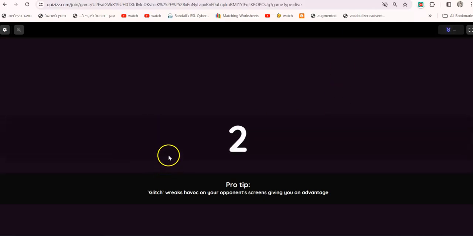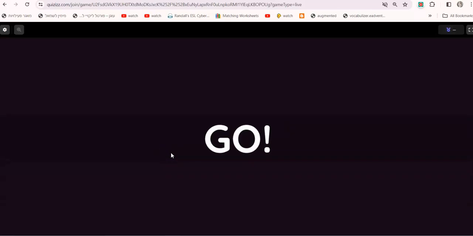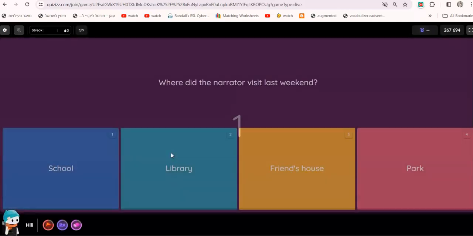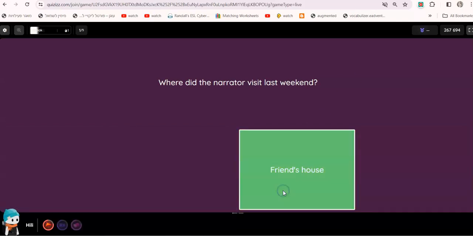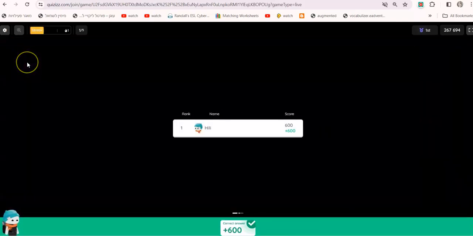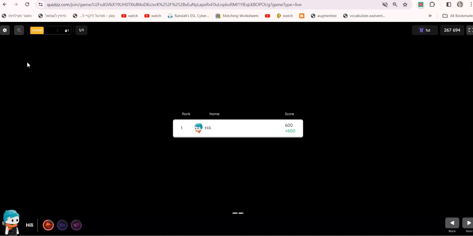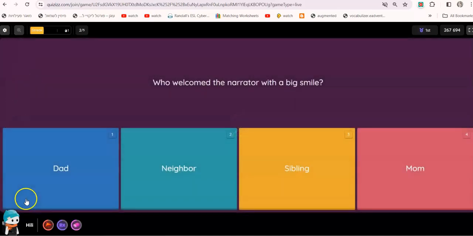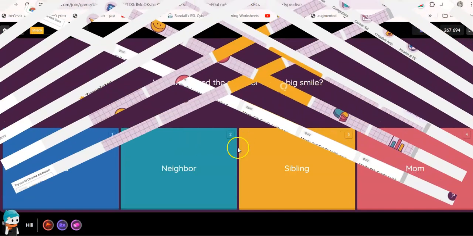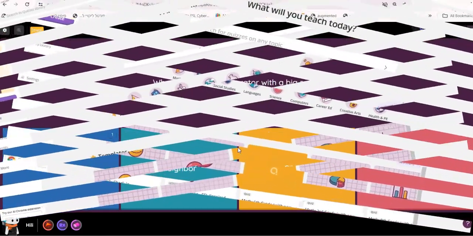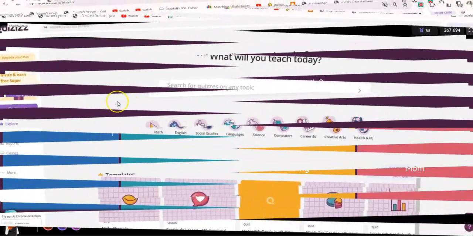The quiz is based on a text, and they have to keep a copy of it on a piece of paper and answer the questions. The teacher can see the progress for each and every student. That's it. Now let's go to a different option where you upload a text and the text appears on the